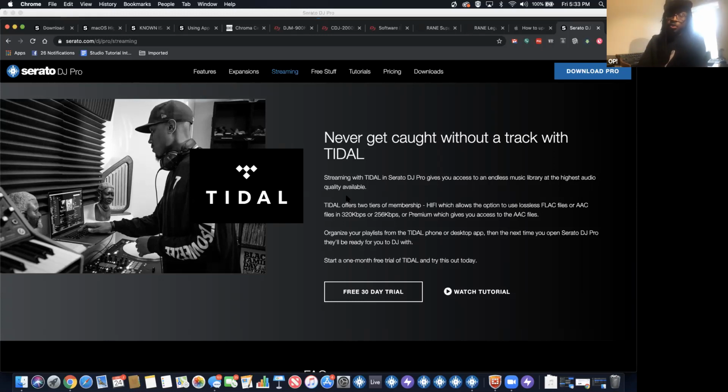It's possible that you can tether from your phone to use it as well. But again, just make sure that your connection is good when tethering, and you can have access to a bunch of music. I like this in particular because there might be music that I don't want to keep on my computer, but I know I might need to play for certain private events and functions, right?